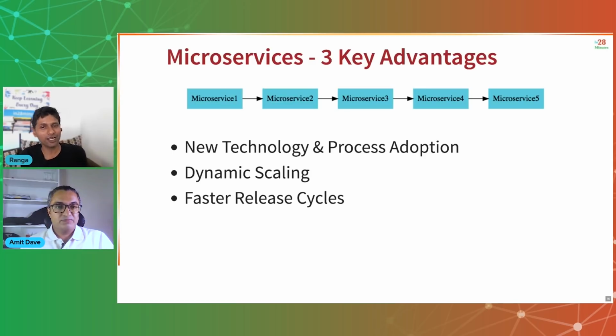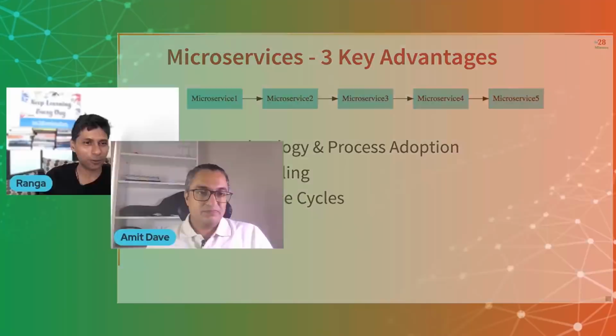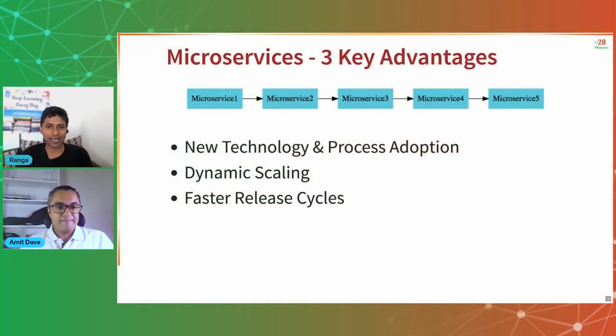That's where you can try building a new microservice with a new process. At the time when microservices were evolving, that was the same time when agile was coming into the picture. A lot of these monolith applications were typically built in a kind of waterfall model. If I wanted to try an agile model of development, one of the quick wins was just to pick up a specific microservice and take a different approach and see if it works for the team. So that's one of the biggest advantages that I saw with the microservices architecture, right? It's the flexibility in terms of adapting to new technology and process adaptation.